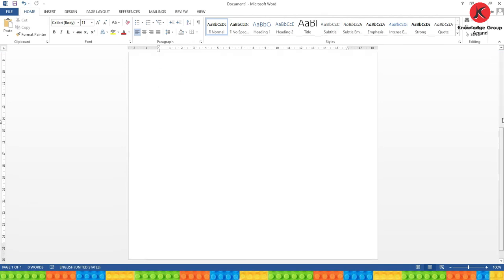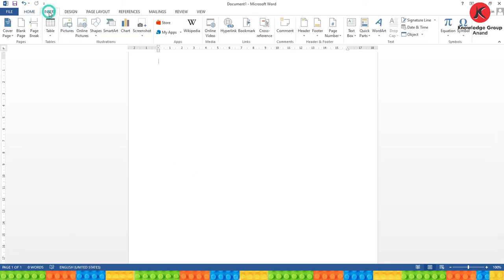Now currently we have only a single page. You can see here page 1 of 1. Now I want to add another page, so I will click Insert and Blank Page. Now I am going to add 10 pages. Now I have added more; a total of 13 pages are there. Now you can see each page has a header, like chapter 4 here, first page, second page, third page, and so on. So the header will be repeated on each page.